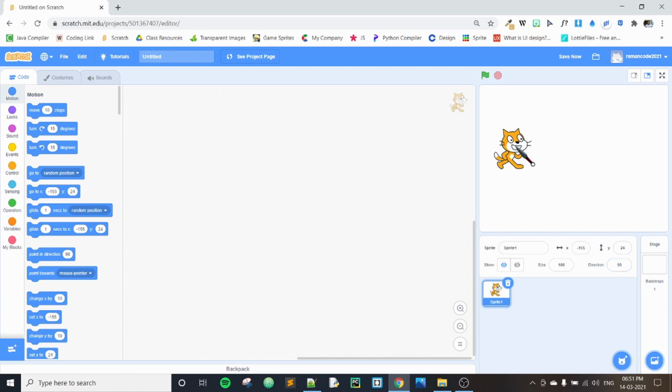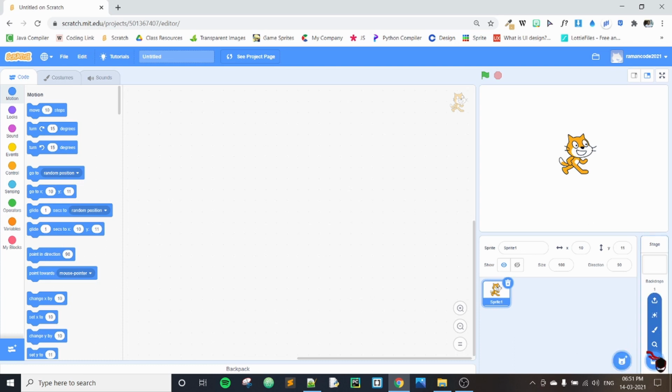We'll be seeing about the x coordinate and y coordinate in detail in my next video. Now see, when I say game, the background of your game will always be colorful. But if you look at the default, it will be white. If you want to make it more colorful, see here at the right bottom, you will have two round buttons, which are the choose sprite option and the choose backdrop option.